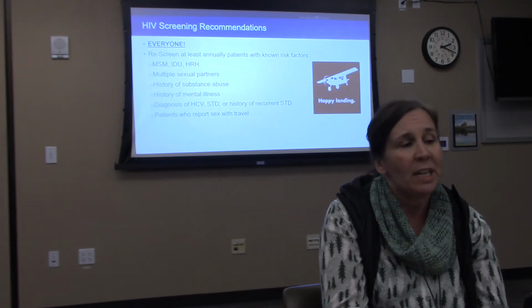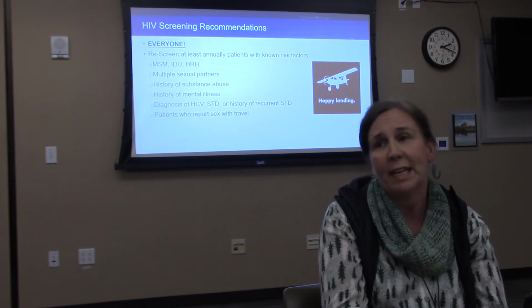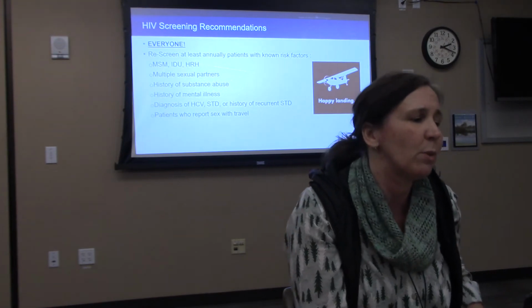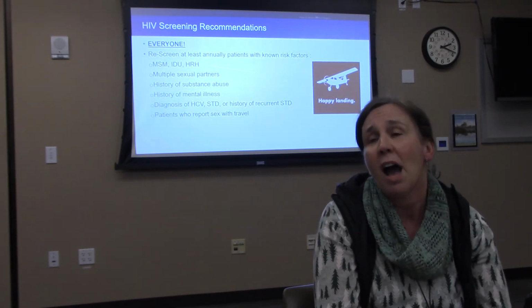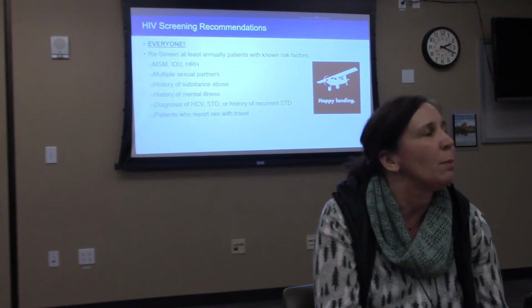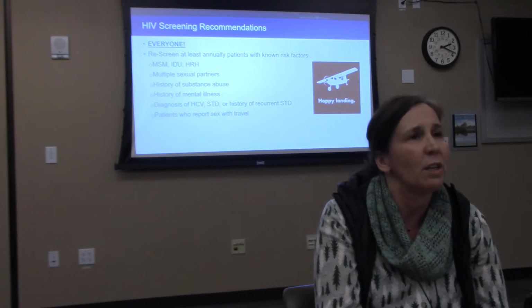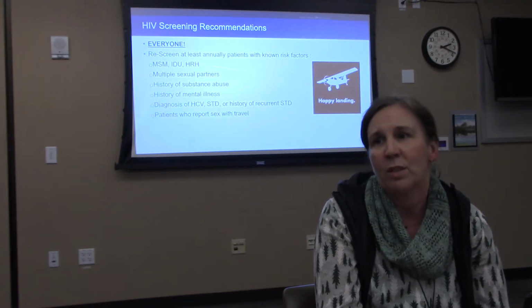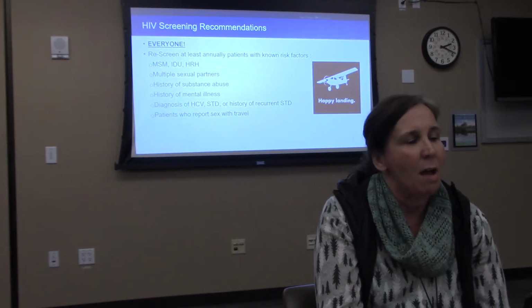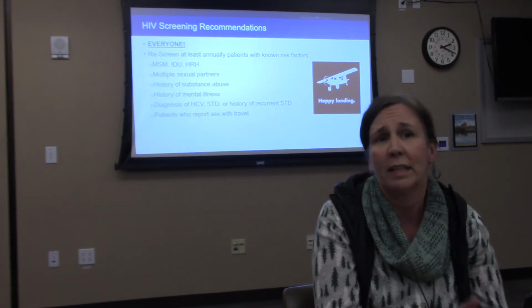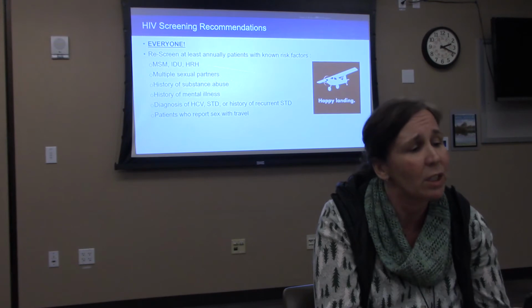So screening recommendations: screen everyone, rescreening at least annually or more if people have known risk factors. That includes men who have sex with men, injection drug users, high-risk heterosexuals. High-risk heterosexual would be someone who has sex with multiple partners, someone who has sex with someone who's HIV positive, someone who has sex with a man who has sex with other men, someone who has sex with an IV drug user, someone that comes in for repeat STI screenings, or someone who's repeatedly positive for sexually transmitted infections, history